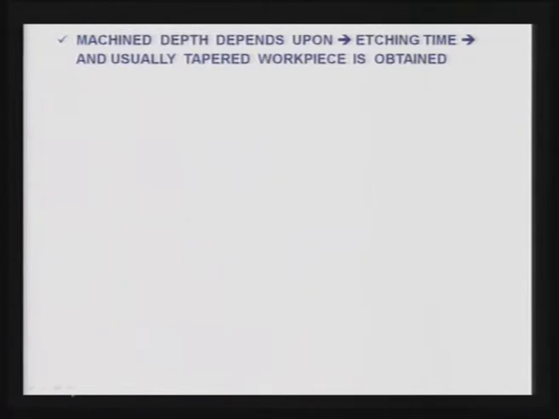Machined depth in case of chemical machining depends upon etching time, and usually the workpiece obtained is tapered in nature. Just like I show you, suppose this is the hole that has been made, then it will be like this. That means it will be tapered, and actually the maskant is up to this particular point, and you will get the taper.